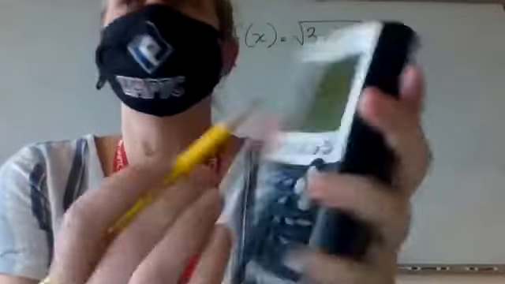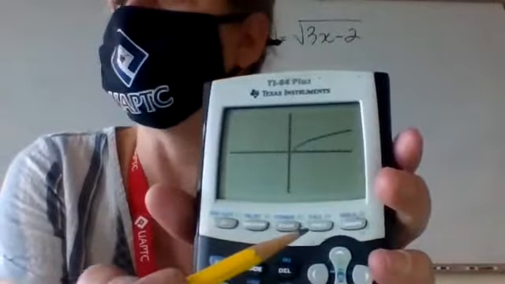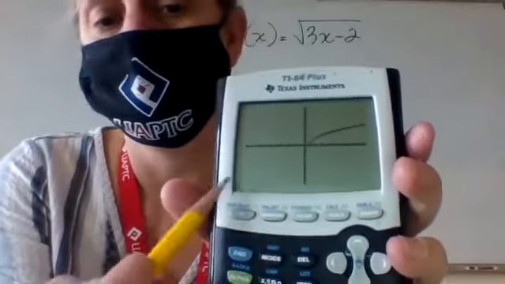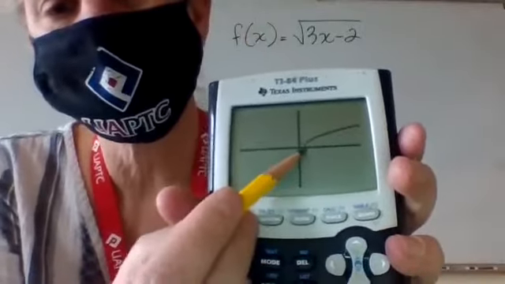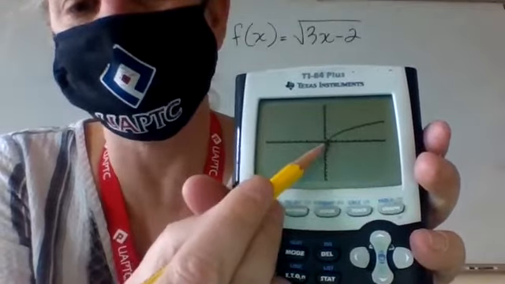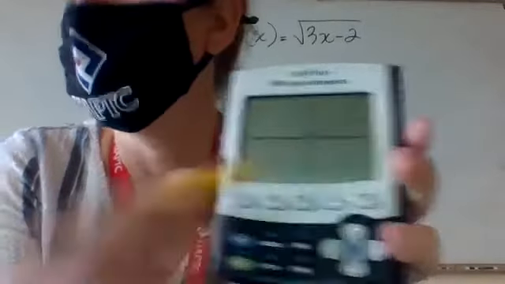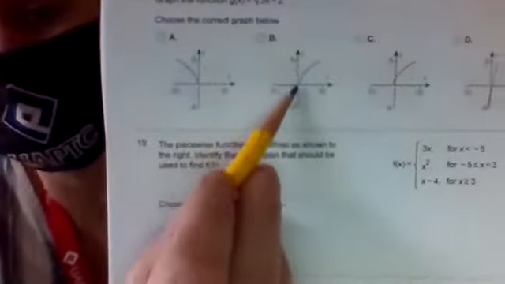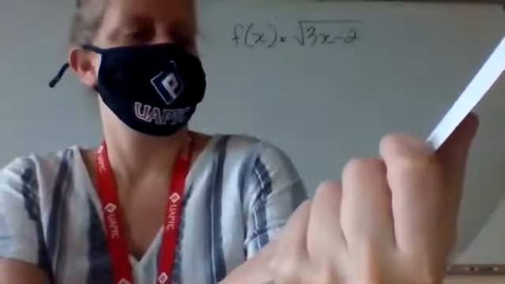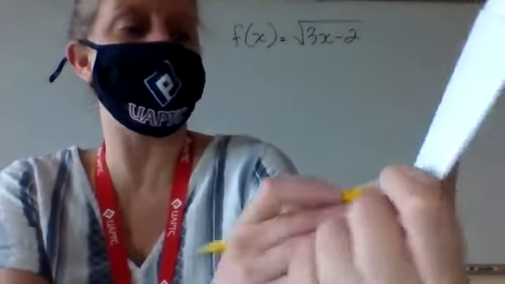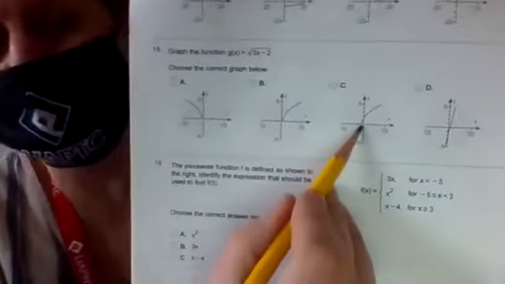It is on the right side of the origin. Right, here's my origin, and it's a little bit to the right of it. So that's what you're going to want to look for to find the difference between B and C. It looks like B is a little bit to the right, but C is a little bit to the left